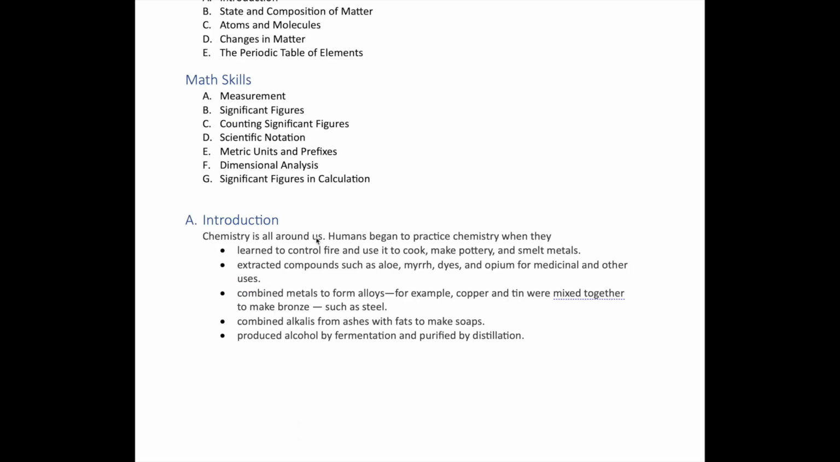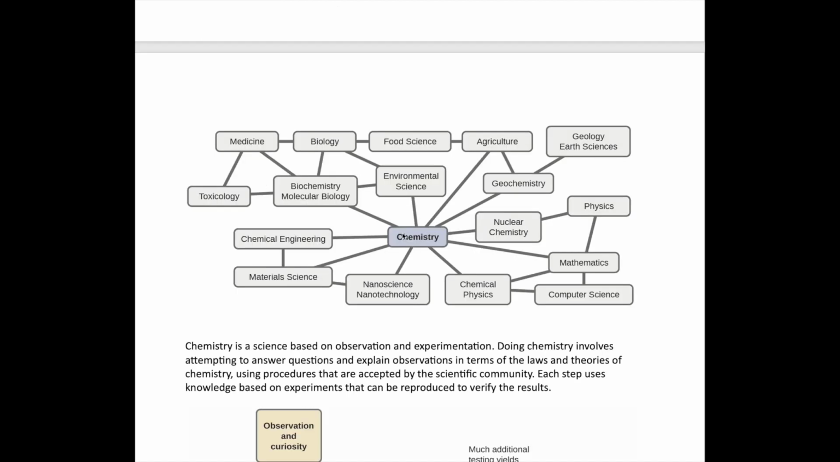Everything that you do around you involves some kind of chemistry. When you cook, when you combine metals together, even when people extract compounds from different types of plants like aloe, those things are all parts of chemistry. And so you can see here chemistry takes a central role in terms of its relationship with all these other branches